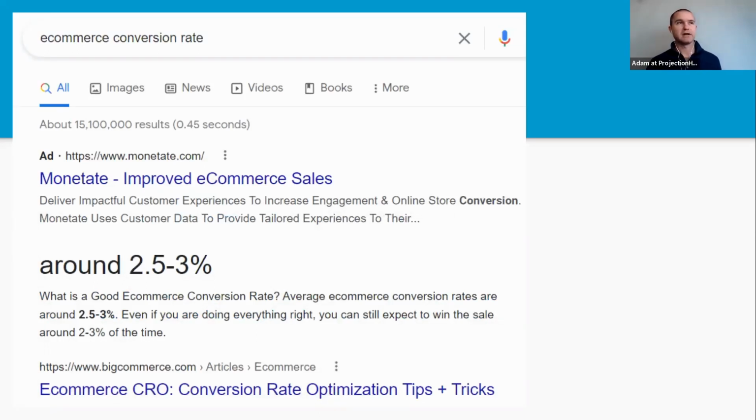If I had an e-commerce brand, I would just say e-commerce conversion rate, and lo and behold, Google gives us a great, in bold highlighted numbers here, around 2.5% to 3%. So that gives you a good range, a good starting point. Now, you'd probably be able to dig into conversion rates based on the type of thing that you're selling, your industry, and maybe even find more specific data. But you can get a really good starting point here, and I think that's important to have some frame of reference,